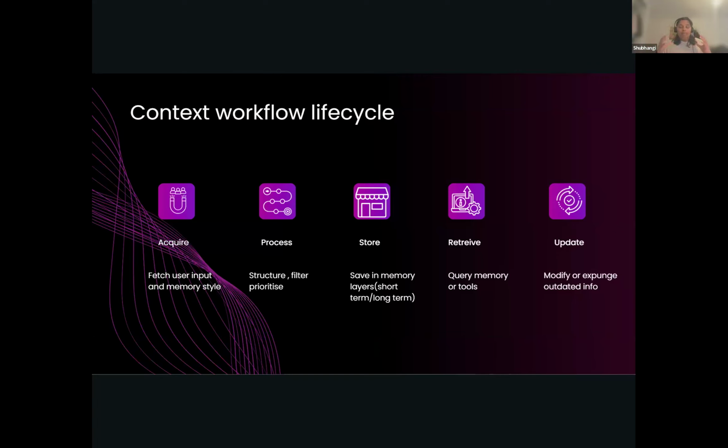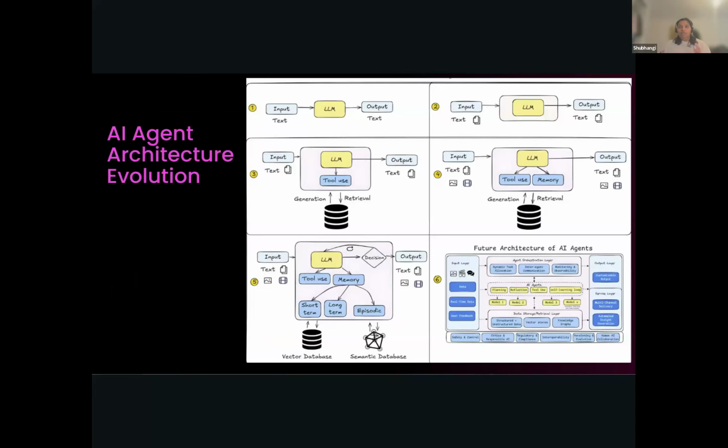Updating the background or grounded data is so important because your context can change over the course of time, like in a month or 2 months. So your real time data has to be fed in every single time, and any outdated info has to be taken out, so that your application stays relevant for the end user and can serve the purpose it was designed for. So in terms of architecture evolution, when we started the project, it started like this.